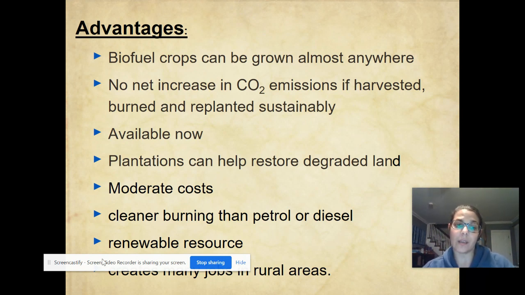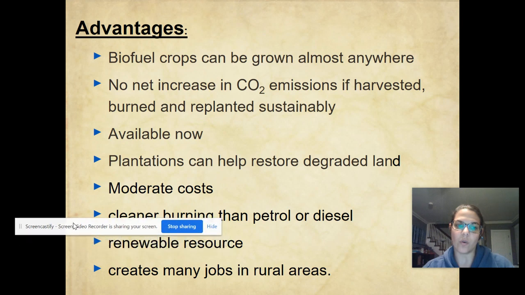Okay. Plantations can help restore degraded lands, moderate costs. It's cleaner burning than diesel or oil. It is a renewable resource if done the same way, and it can create jobs in rural areas. Okay. However,